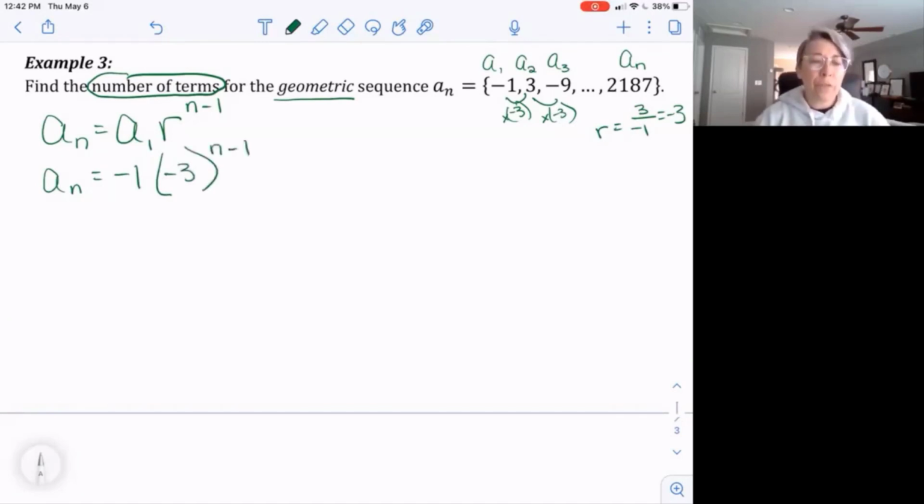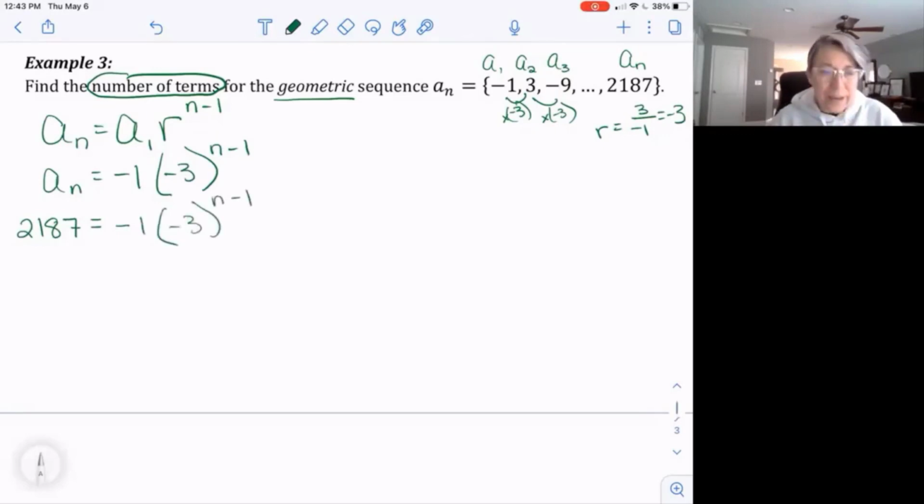So now we have the formula for the sequence. We have to find n. Well, we know a sub n, we know that entire term is 2,187. That's our last term in the sequence. We just want to know what's n. What number term is that? So that means we have to solve